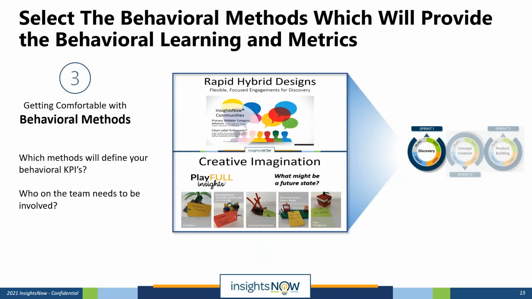Now, very tightly tied to the behavioral metrics is getting comfortable with behavioral methods. And really, this is the heart and soul of what the word agile means, being agile enough to pick the methods and the techniques that are going to get you the right measures so that you can set your KPIs in place to determine if you have an idea that's ready to move forward, if you have concepts that are ready to move forward, if you have products that are ready to move forward. So you've got to be able to identify which methods are going to help you get to those behavioral KPIs. And then secondarily, who on the team needs to be involved in understanding